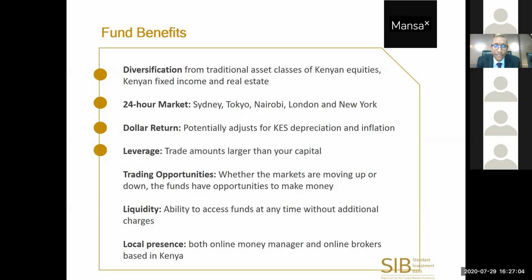Another advantage that we have is we are licensed by the Capital Markets Authority to employ the use of leverage in trading, which means that we can actually access more exposure in any asset class than the capital available to us. This means that if I'm investing, say, a million shillings of an investor, and I want to get a 10 million shilling exposure in a gold contract, I can actually do that with the systems that are available to us.